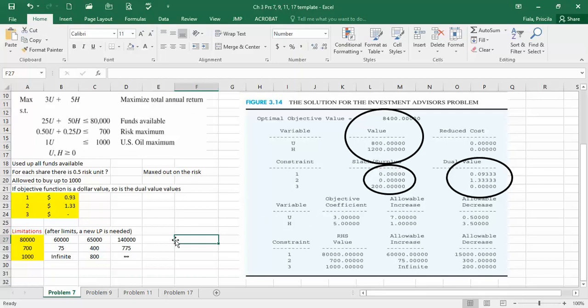If you notice that a mistake was made, it wasn't supposed to be 80,000, it's supposed to be 79,000, for example, or if right here you say no, really we should do, instead of 3 shares of the US oil, 2 shares. How would that affect it? Right here on this sensitivity analysis report, it tells you how much you could make this change without affecting